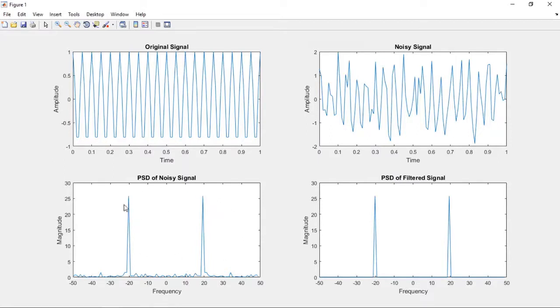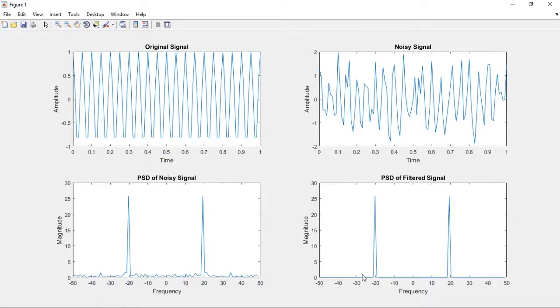So after modifying the power spectrum, how are we modifying it? The significant values greater than 5 in this case, we are multiplying by 1 with the actual frequency components of the noisy signal, and multiplying by 0 with the other DFT values.